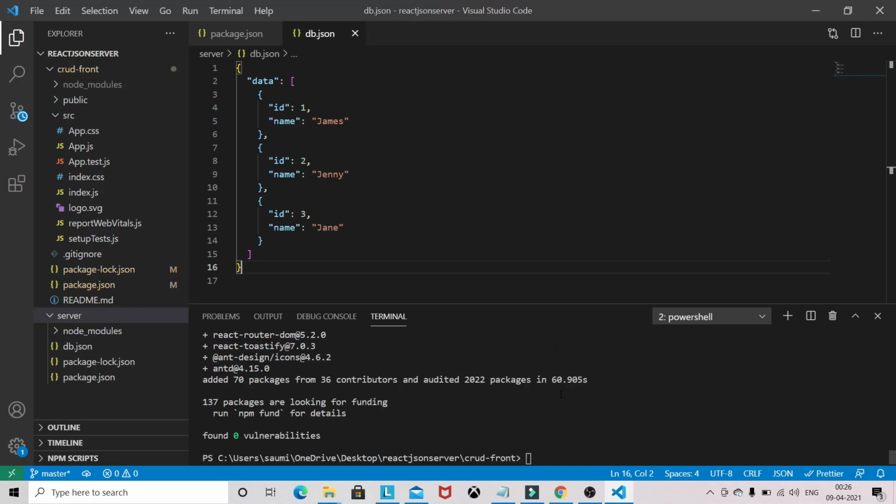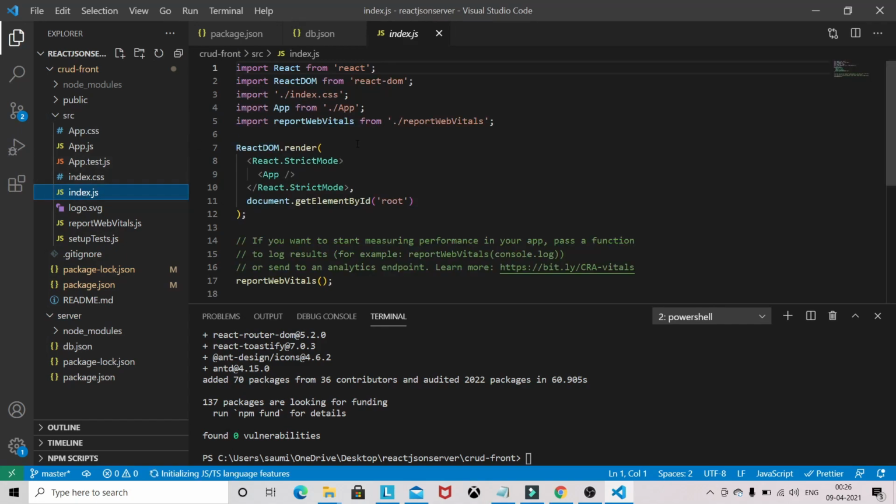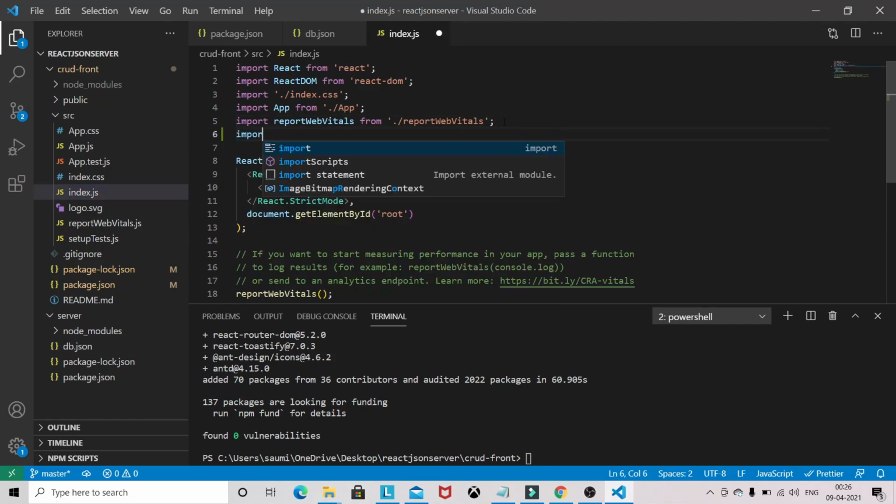As you can see, all the necessary packages got installed. So let's come to the index.js file, where we have to import the Ant Design CSS file.